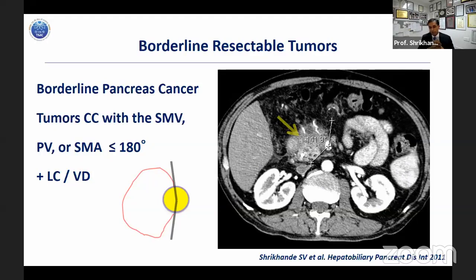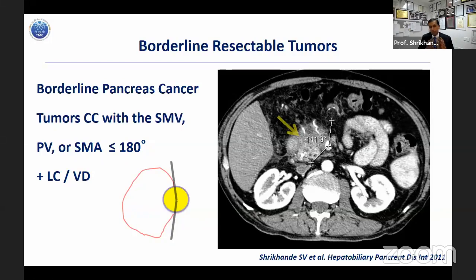You see a tumor with stranding around. You see a hypoechoic area. You see collateral formation. And you know that you are dealing with a borderline resectable disease. And here we need to understand three entities. Those entities are circumferential contact with important vasculature. Also, we need to be very clear about length of contact, that is LC, and also need to be very clear about venous deformity.